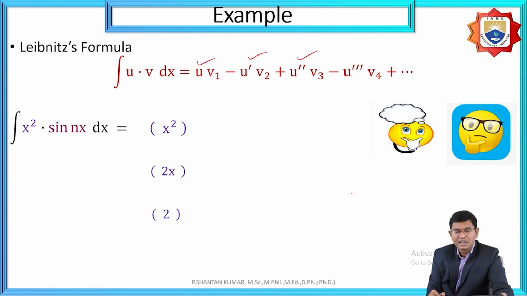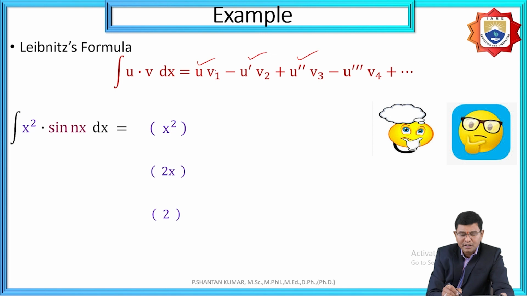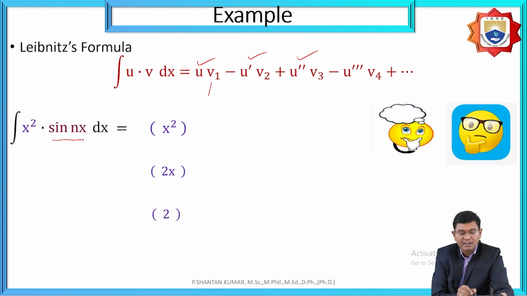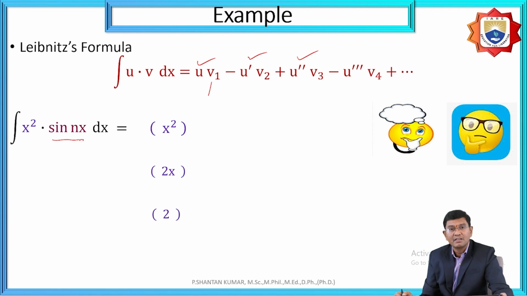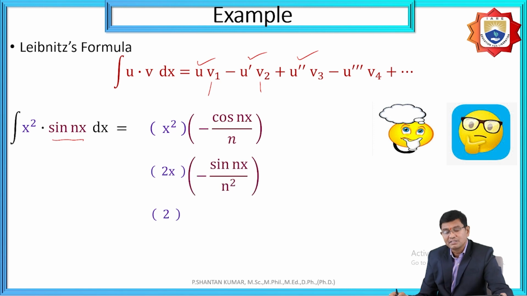And again after that, no differentiation is required because the second derivative is 0. Coming to the v terms: v1, integrating sin nx, is minus cos nx by n; v2, integrating one more time, is minus sin nx by n square; and v3, integrating one more time, is cos nx by n cube, and further